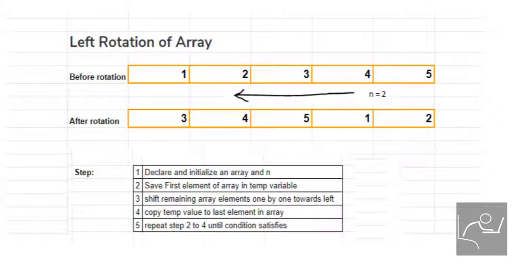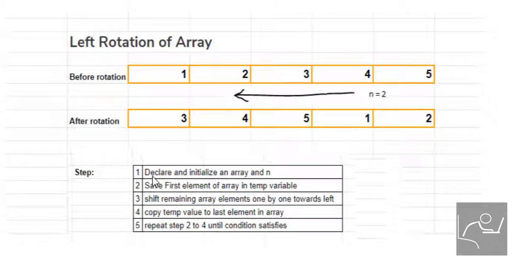In today's video, we are going to see a left array rotation program for a given array by n elements. Suppose we have an array of integers having values 1, 2, 3, 4 and 5 and we want to rotate by 2 elements. Then our function should return left rotated values as 3, 4, 5, 1 and 2. I have mentioned all the steps which we need to perform this rotation.